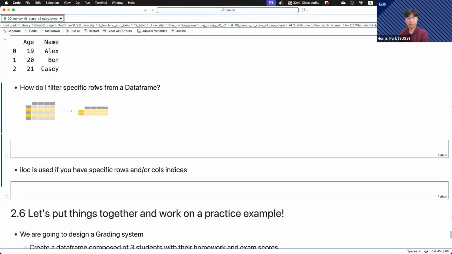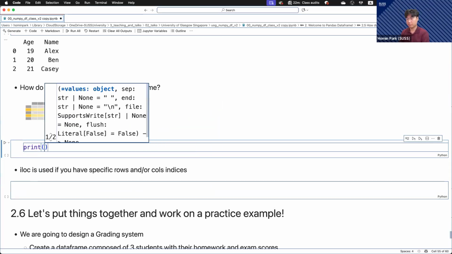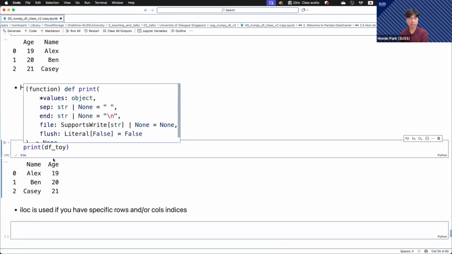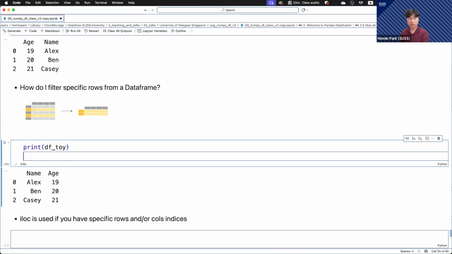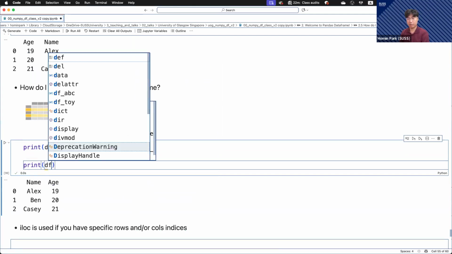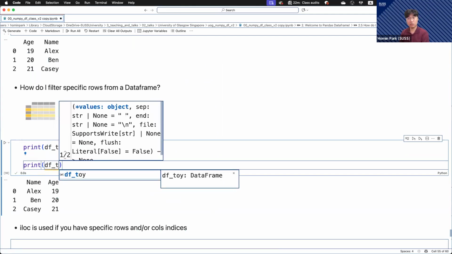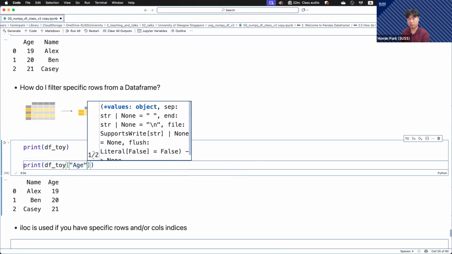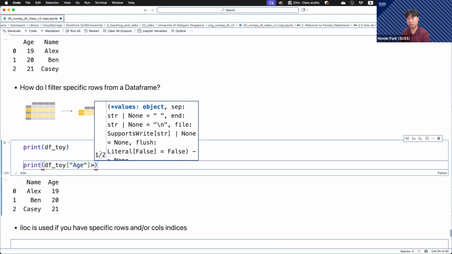So moving on, next is the rows. We can get the columns, so now we should be able to get the rows, right? Let's print our toy example first. Yep, that's the example that we have. Now you can actually get specific rows using a specific condition. So for example, on the age, if you want people who are above 20,